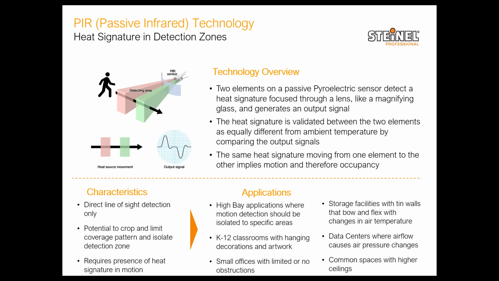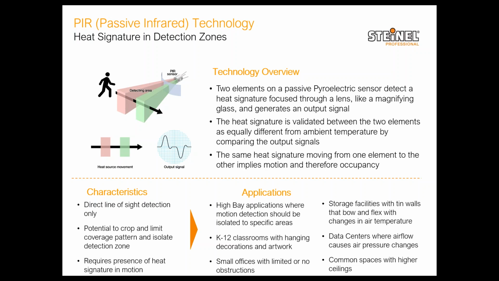And if you have something that blocks the heat signature in some way, whether it's glass to mask off the heat signature, or there is a partition or something even denser, then you won't have any detection. This requirement actually creates a useful characteristic for us, which is the potential to crop and limit the coverage pattern and isolate detection zones. So the most basic way of doing this, as you may very well know and have used, is